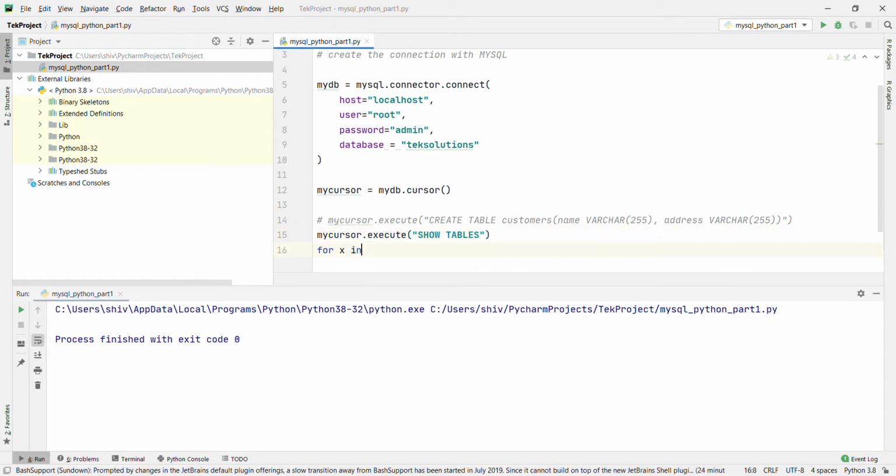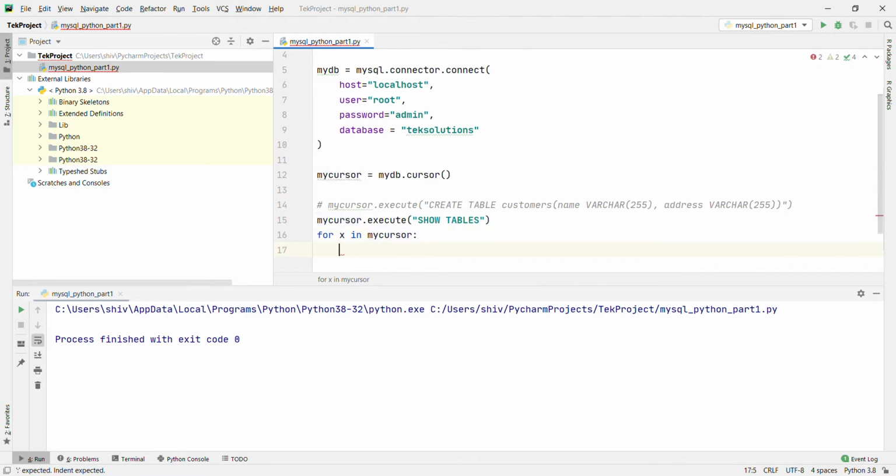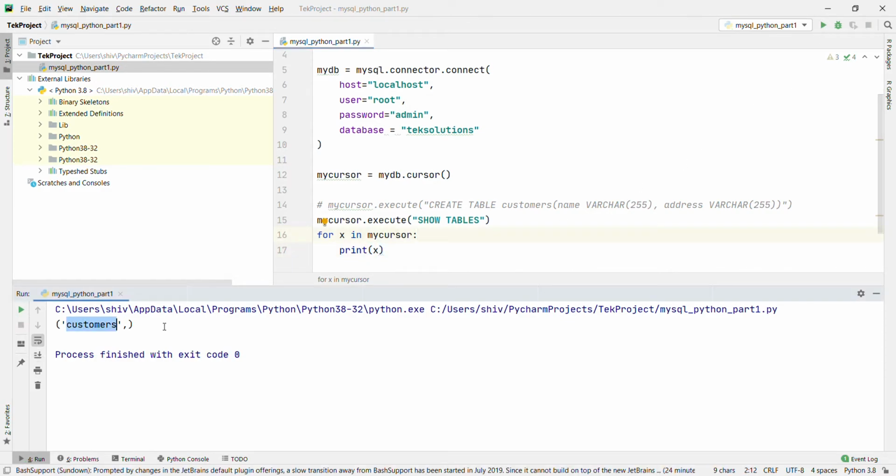I am using a for loop, for x in mycursor, print x. Then what will happen? The table name customers is going to print. Right, let's run and see. Right, the customers table is printing. Right, under the tech solution database we have only one table. What is the table name? That is customers.